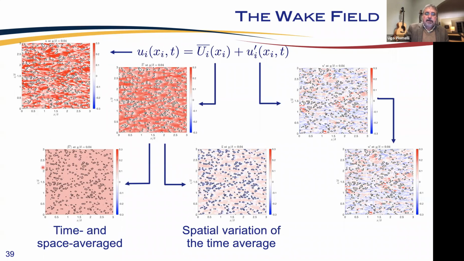So here we'll have the spatial average, the plane average of this quantity here. Notice that the plane average is non-zero inside the roughness elements because it's only a function of y. The spatial variation of the time average is the difference between the time average and the spatial one. It's also non-zero inside the roughness element because the sum of this plus that gives us this, and this one is zero inside. So if the plane time and space average is non-zero, the spatial variation of the time average is non-zero with an opposite sign, so that the two of them cancel out.